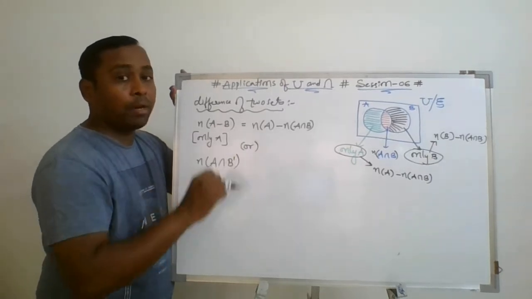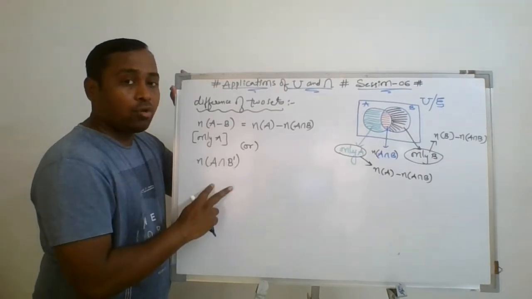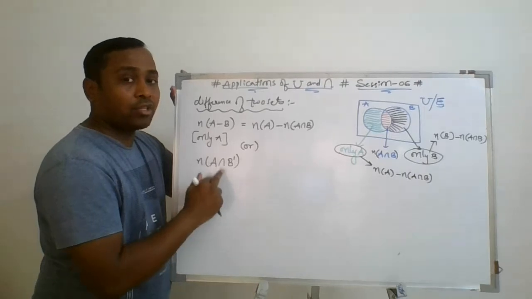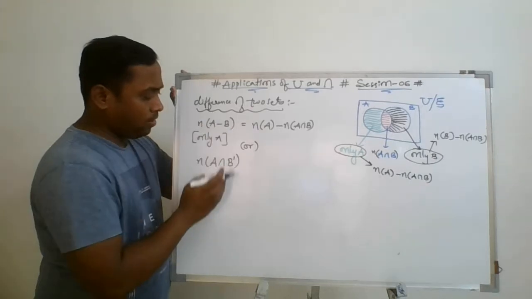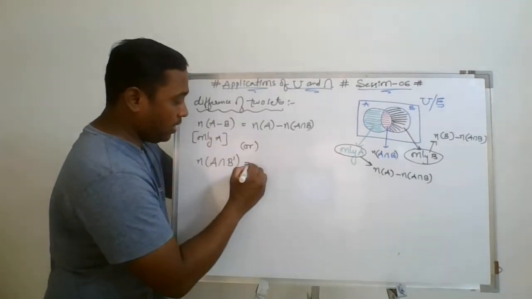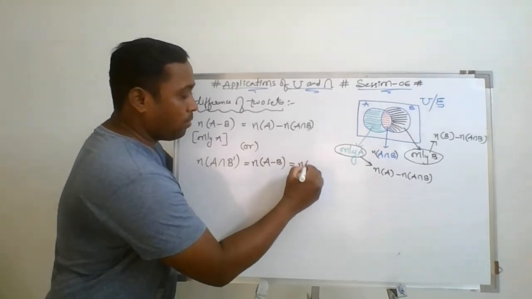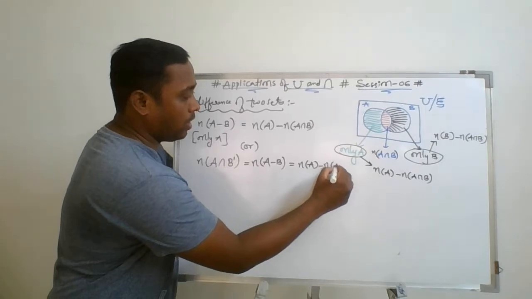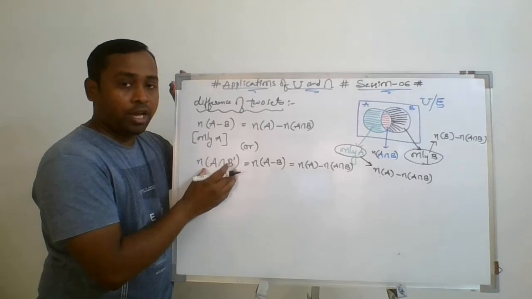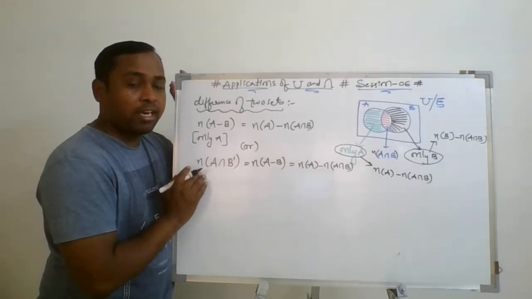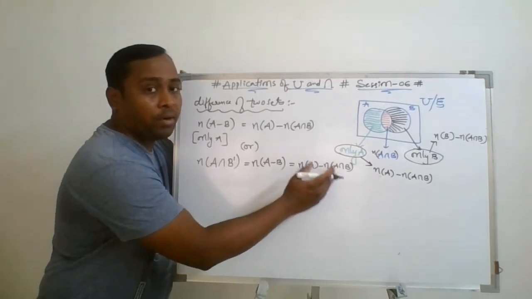Not means complement. So A में है but B में नहीं है, इसी को हम क्या कहते हैं? A intersection B dash. So how will you get A intersection B dash? Meaning-wise both are the same. This can also be written as number of A minus number of A intersection B. So A intersection B dash means only A. ओनली ए का मतलब ए में से बी को रिमूव करना है, इसका मतलब है कि ए का सर्कल में से कॉमन एरिया को रिमूव करना है.